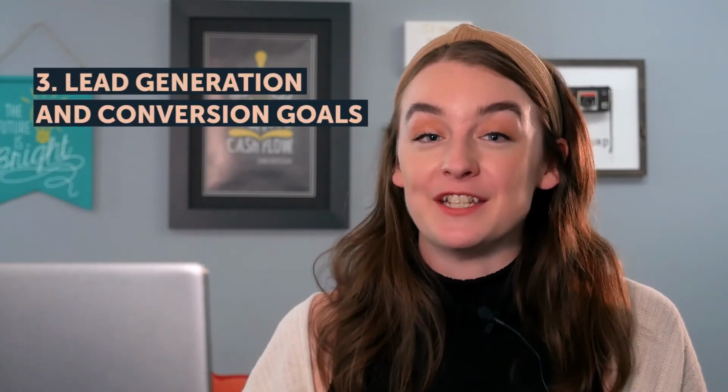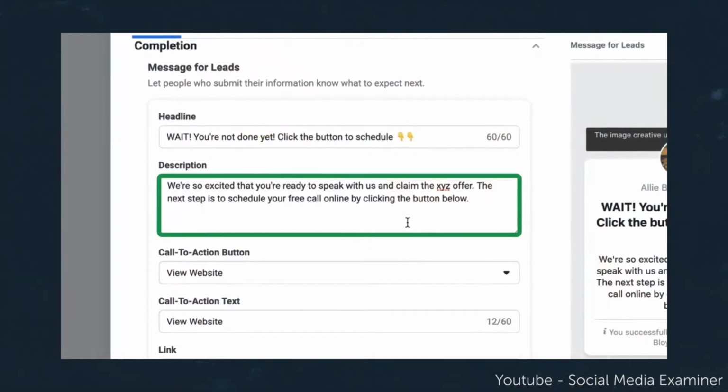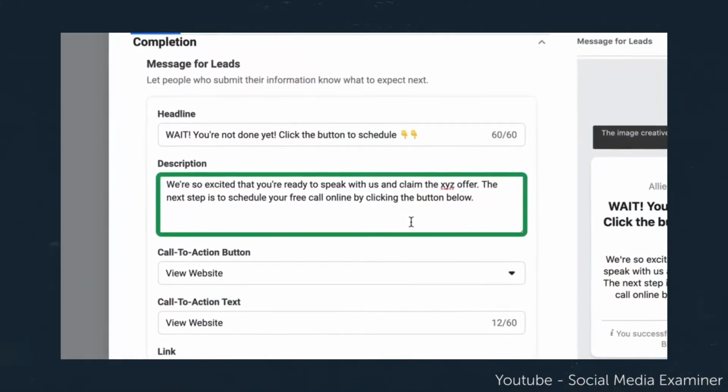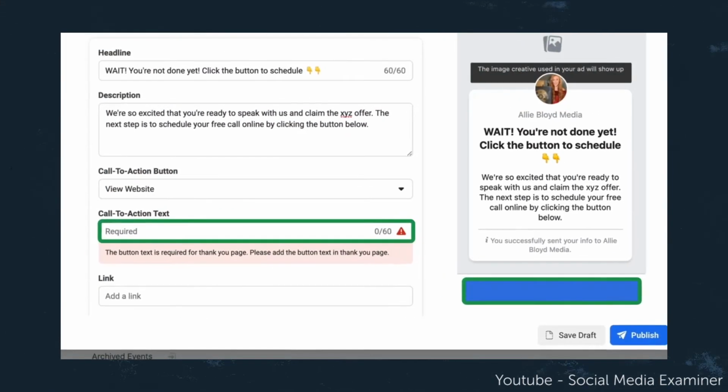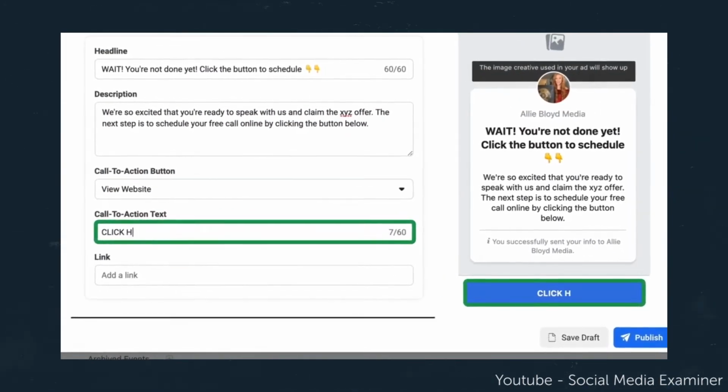3. Lead generation and conversion goals. Lead gen is arguably one of the most important parts of your digital marketing strategy because it defines the first step of intent on a customer's path to actually becoming a customer. There's a good chance that your B2B team is being measured internally on their demand and lead gen goals, so it's important that social media is also being held accountable for its contributions, or lack thereof.